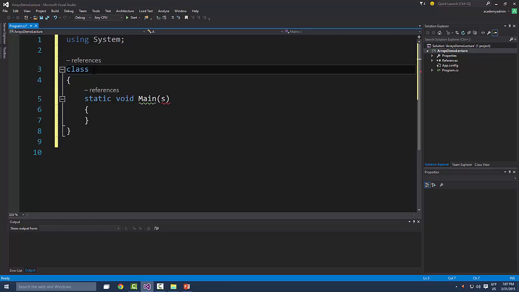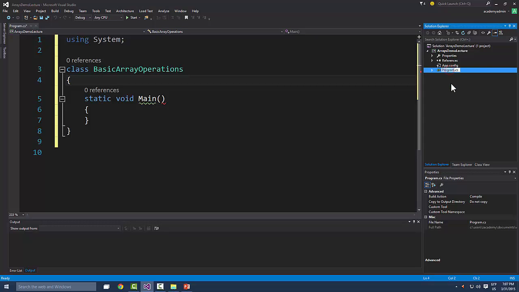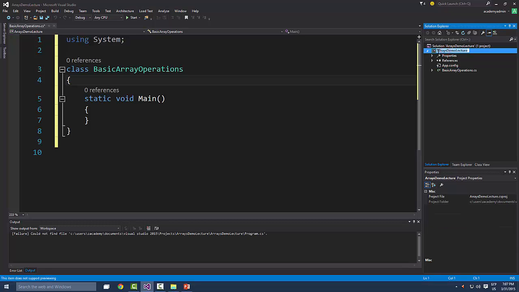This is going to be basic array operations, and I need to delete that as well. Basic array operations, and in fact I want to change this one too, because this is just basic array operations, and then